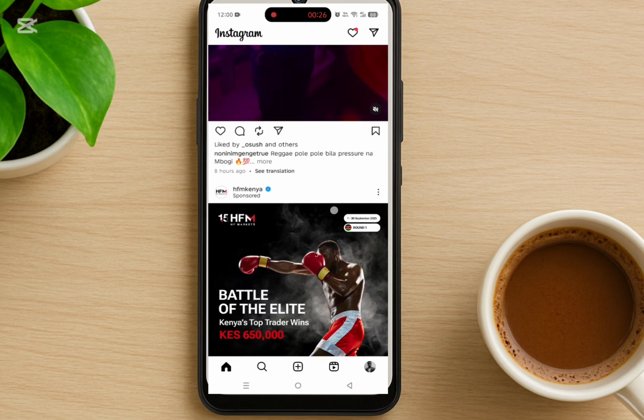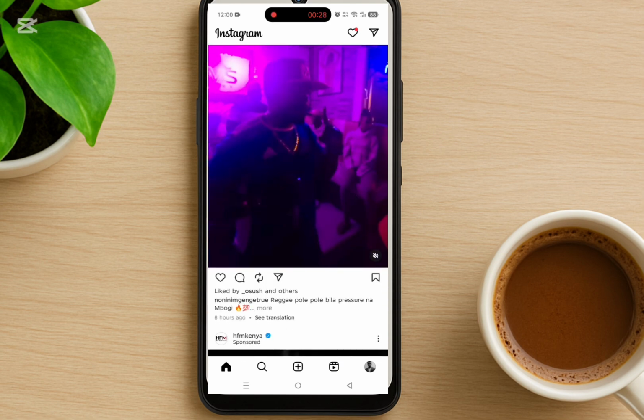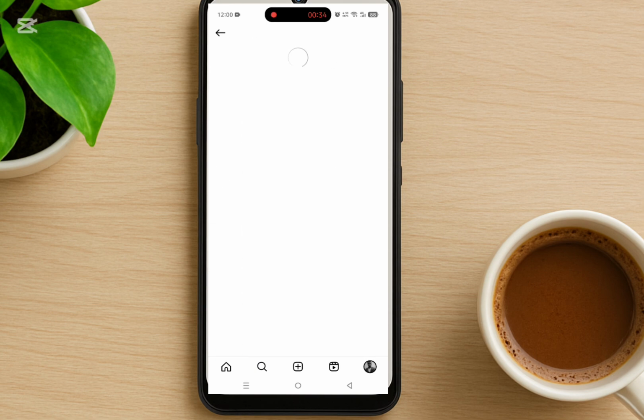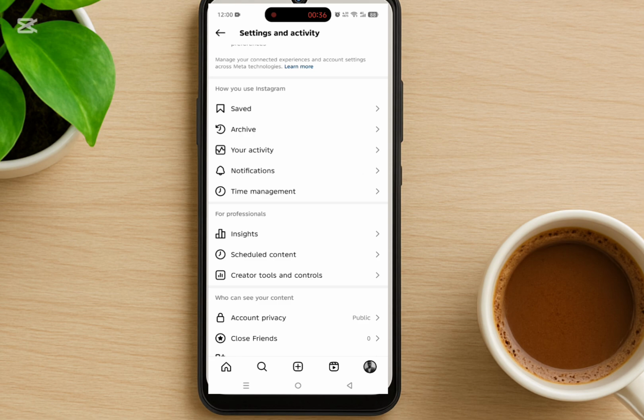Okay, let's get started. Once you open your Instagram app, click on the profile picture to the right. Okay, now click on the three bars at the top. We normally call them the hamburger sign. Okay, now locate notifications, click on the arrow to the right,